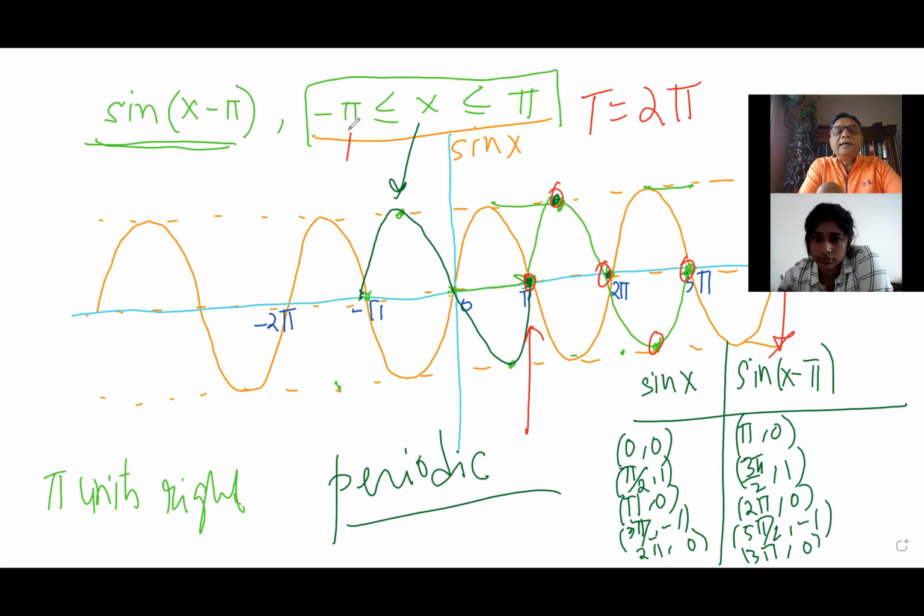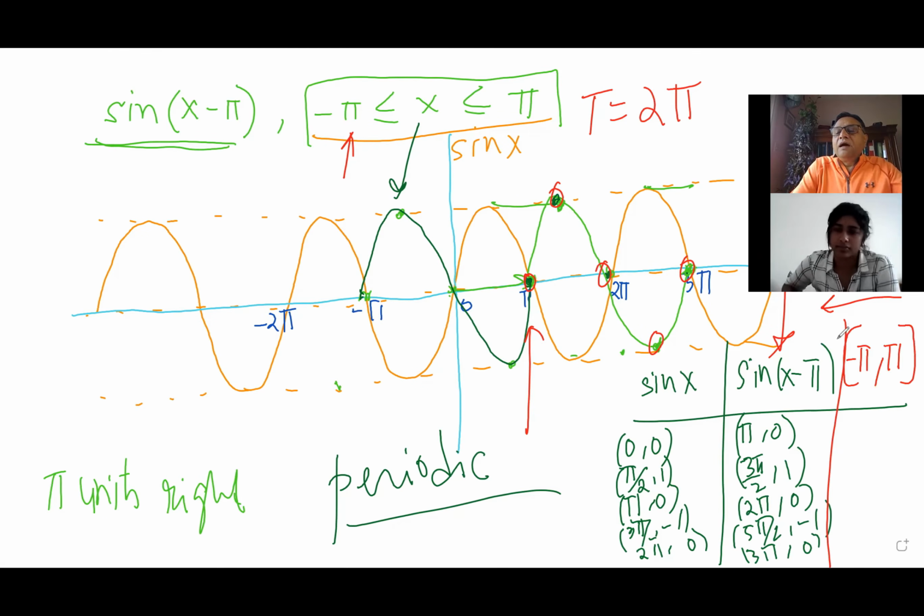We want to go to minus pi. How do we go to minus pi? I have to shift my graph by 2 pi left, right? So I have to go left 2 pi, right? So I'll do minus 2 pi. Is it correct? To go in the domain from minus pi to pi,